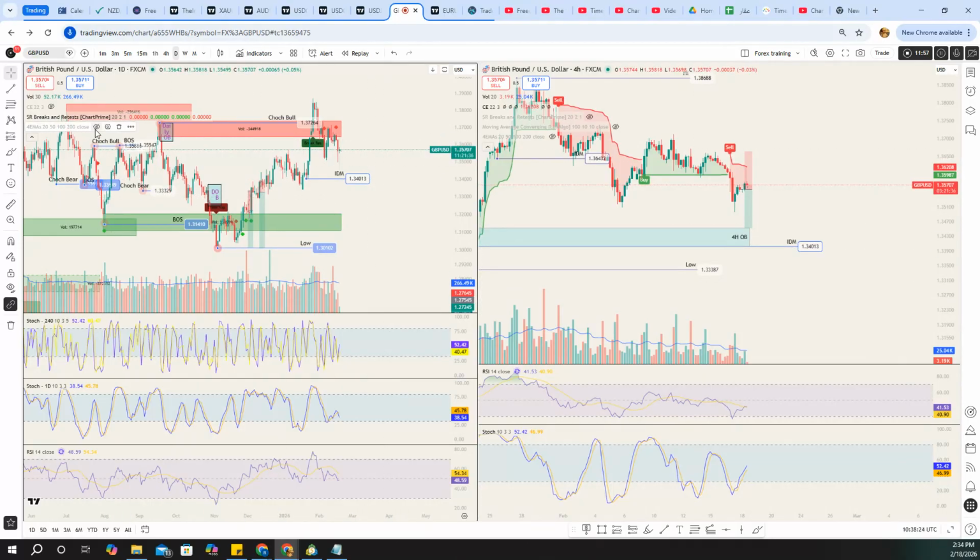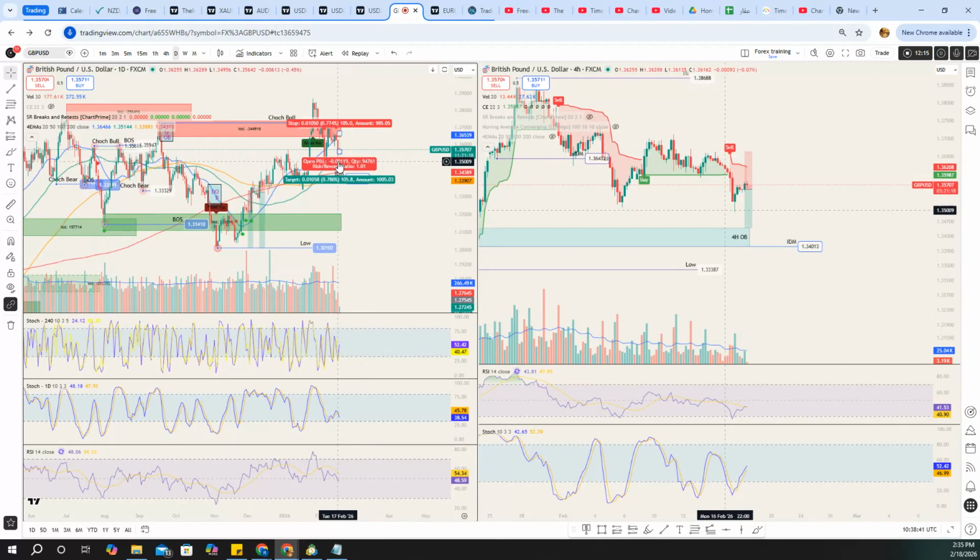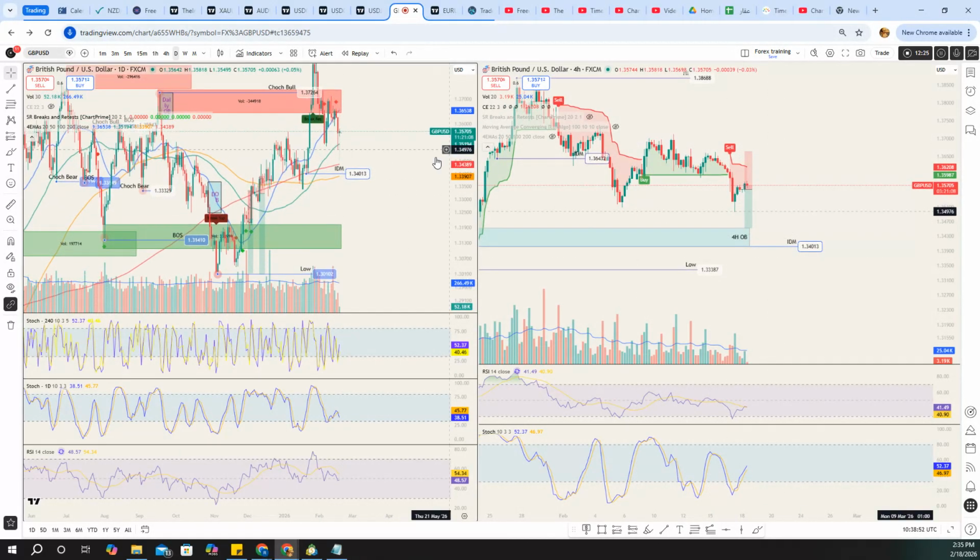Let's look, and this was scary as well, and I ignored it. We only have the 20 above the price. All the other exponential averages are below the price, and could be, for example, yesterday's candle was a reaction on the 50 EMA. There, it still did not reach the 200, but currently the 200 on the daily is below our take profit, so it's fine. We just want the price to break the 50.